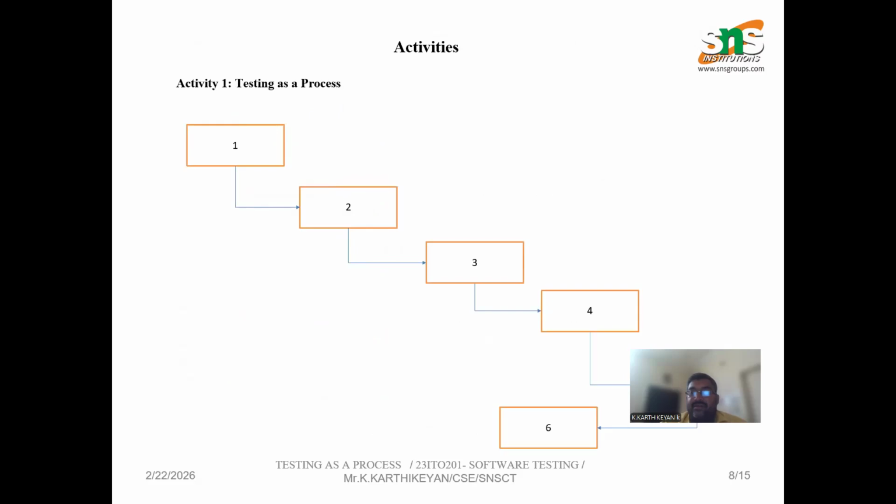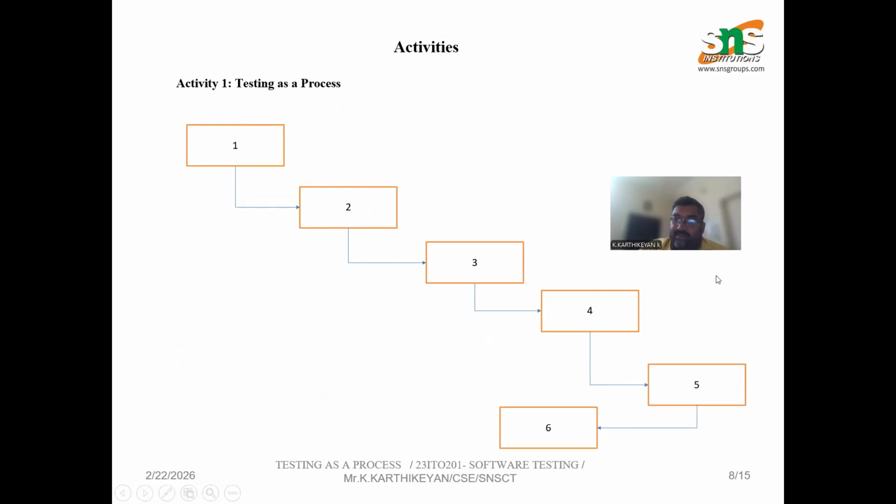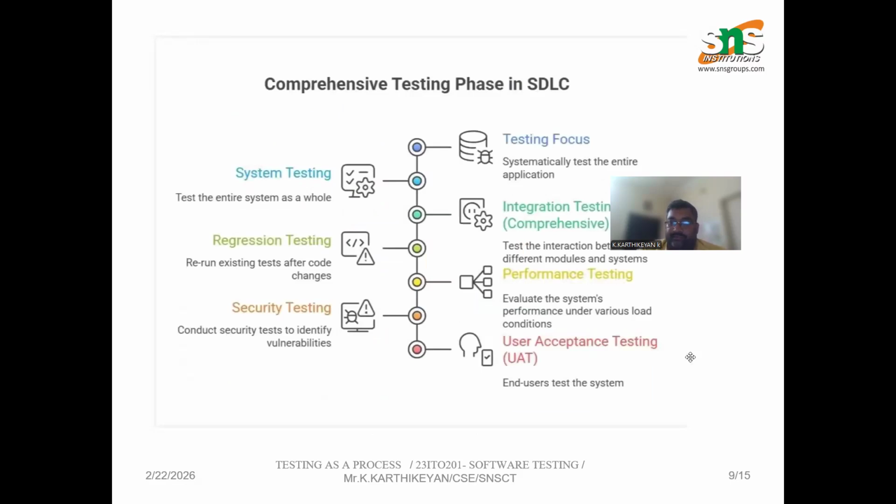So please, all of you, identify my activity testing process. Yes, first is requirement, second is design, third implementation, fourth testing, fifth maintenance, sixth one continuous improvement in the testing process. So next one,